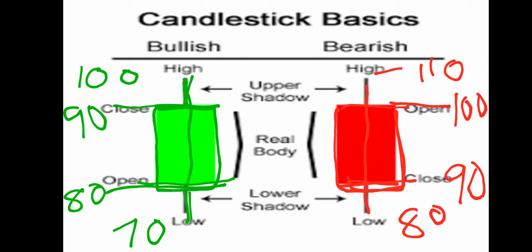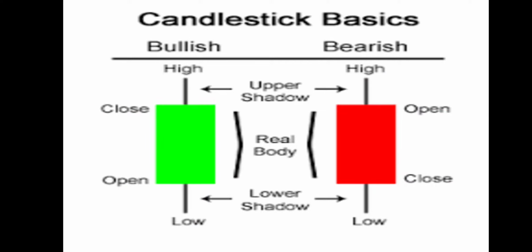Then this is the open point at 100 and the closing point at 90. Then this becomes the body of the candle, and this is the lower shadow and this is the upper shadow, or you can also say this is the lower wick and upper wick, and this is the real body of both candlesticks. So you can know how the body occurs and how the shadow occurs in any candlestick, and it is very essential. If you want to learn the candlestick chart, then you should know how the candle forms, how this wick forms, how this body forms.